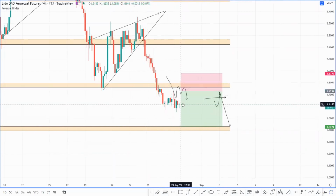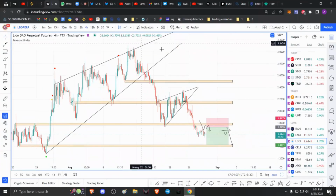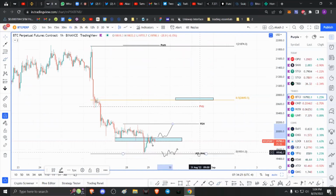All I need is this one upswing where I can get my short orders filled. So effectively, this is what I'm expecting. The recovery rally on a lot of altcoins seems like it's going to happen sooner rather than later. The only thing we need is for Bitcoin to give us a conclusive outlook. If Bitcoin price flips above this resistance level here, or even if we sweep the previous daily low or previous weekly low at 19,511, and I see a recovery above this, then it's a good place to long Bitcoin at least up to this level here,